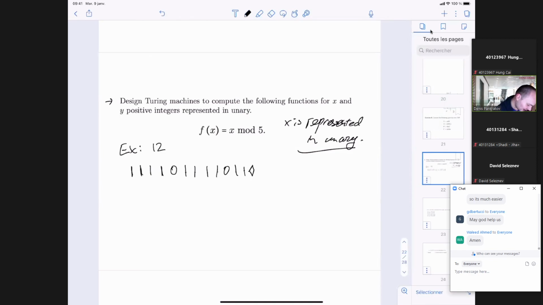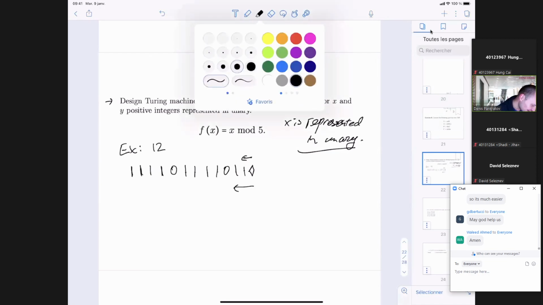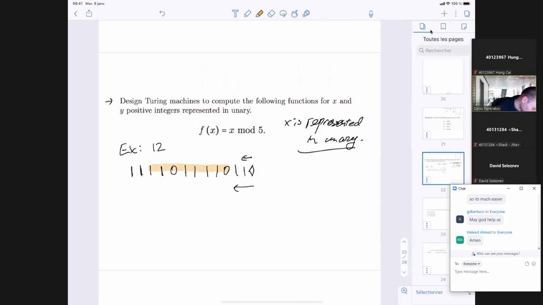And what I need to do now is I go to the left and I want to erase everything past the 0. And that would give me 1, 1, which would be what we want. Except we cannot just erase everything past 0 because maybe our number was divisible by 5. And we need to be able to get back to the beginning of the output. So if we just simply go to the left and we kind of erase this part in orange,